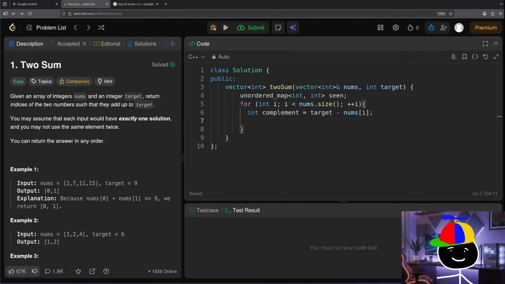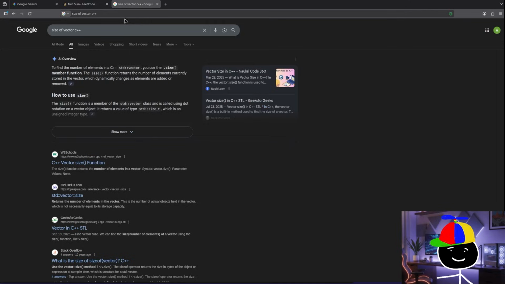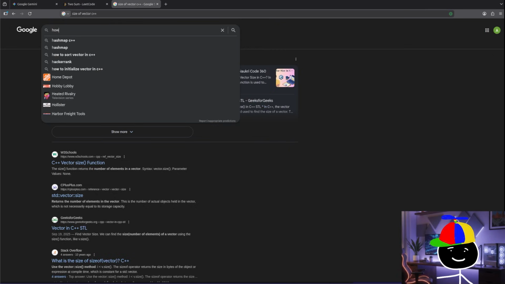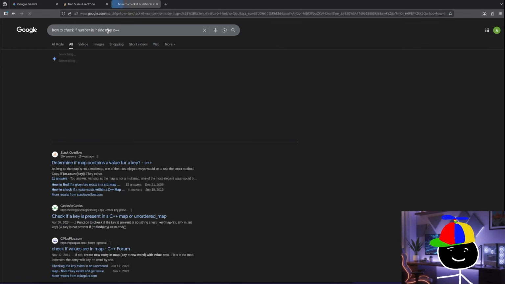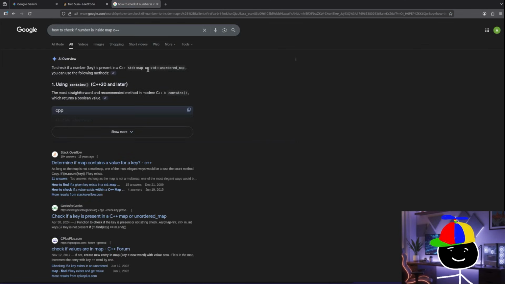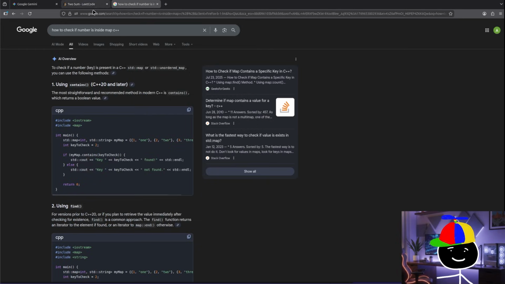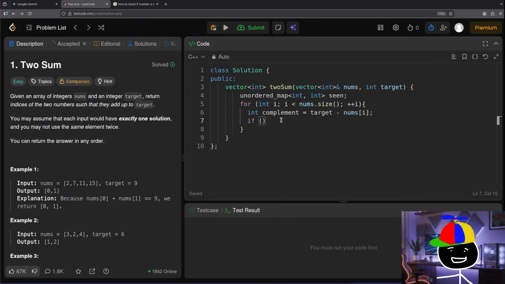I also don't know how to check that, so let me look up how to check if a number is inside a map. Using contains, C++20 and later. Returns a Boolean. Okay, so that seems like it'll work. So we can say if our seen map contains our complement number,